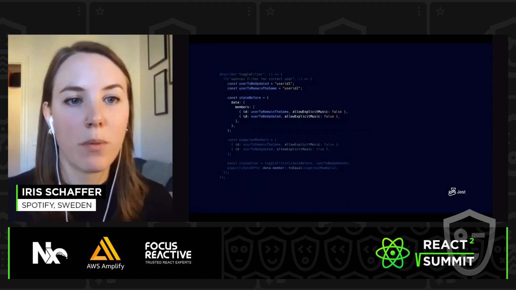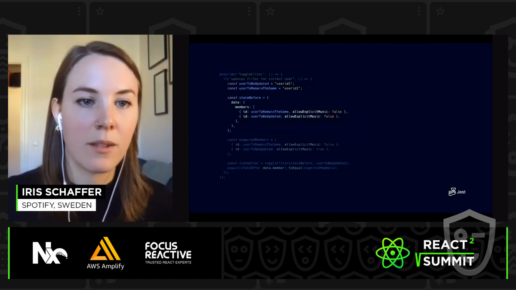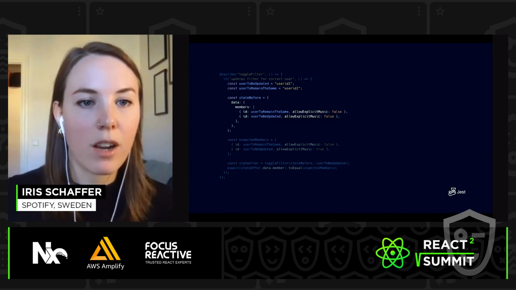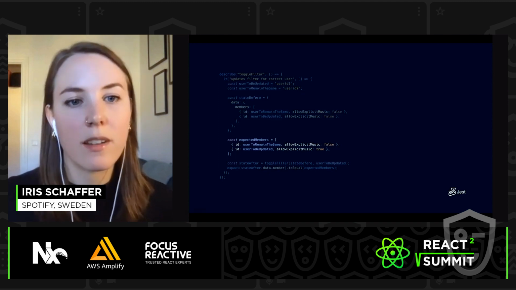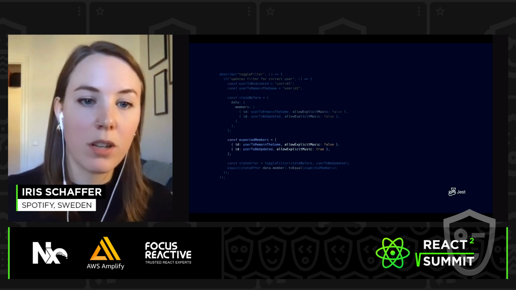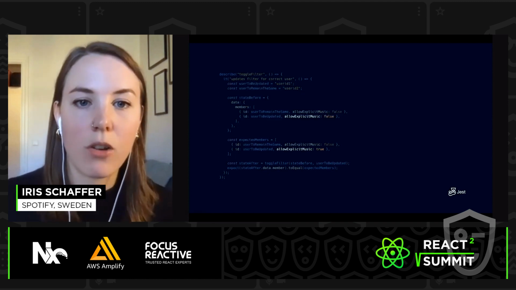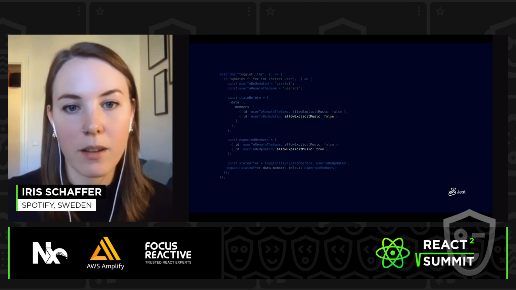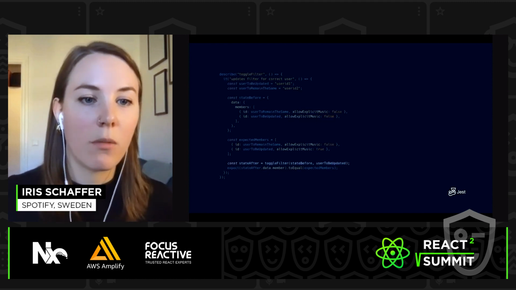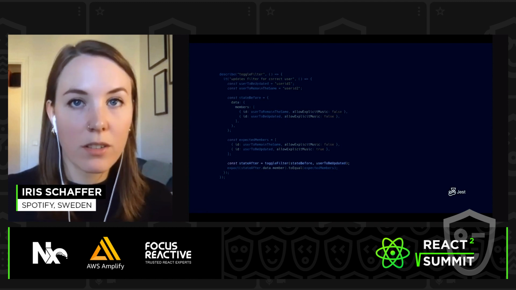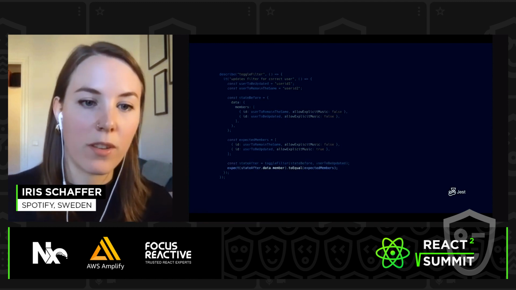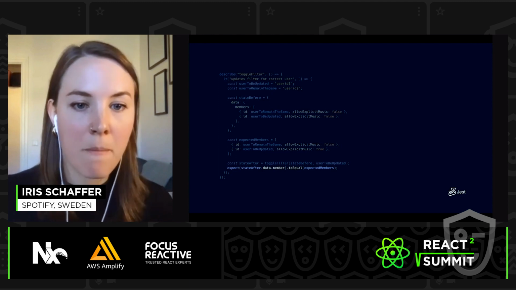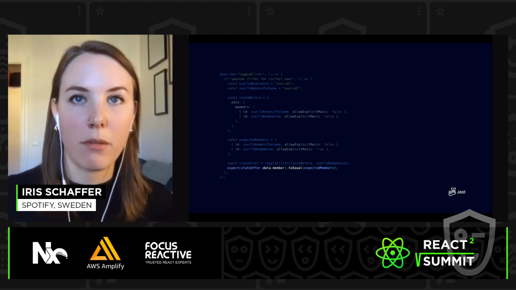We first set up the data that we want to pass in. So a members array with one user to remain the same and one to be updated. We then set up what our expected outcome should be. And mind you, the allow explicit music flag is updated from false to true. We then actually call the function. And lastly, we compare the output of the state after data.member to the expected members that we set up before.